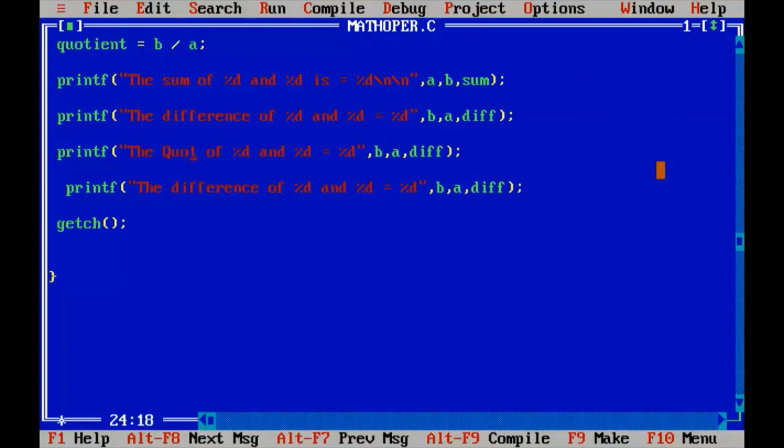The quotient of %d and %d is equal to %d. A and B are fine. Just replace the diff keyword with the quotient keyword. And here the product. Right. Product, and don't forget to add the \n at the end of every printf statement before the closing quotation mark.